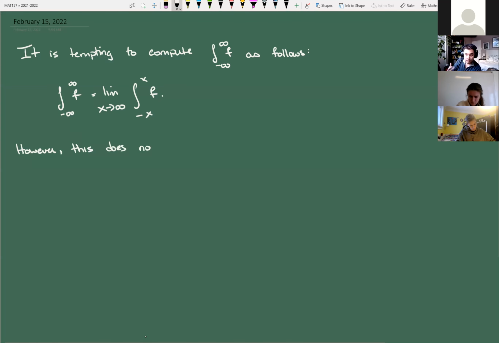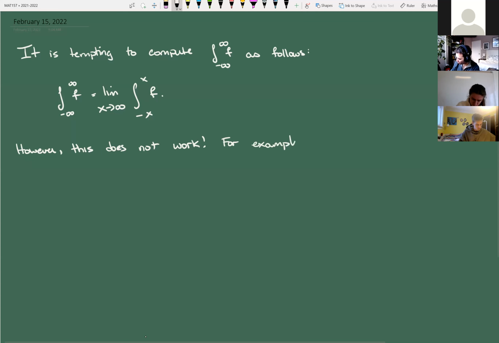Okay, so it's tempting to try and do the two-sided integral like this, right? To take the integral from negative x to x, or something else, like negative x to 2x or anything, and to see if it converges by doing this sort of integral. But this does not work. The reason it doesn't work is because we can take a function that for sure will not converge and get a finite value if we do this computation. Right, so for example,